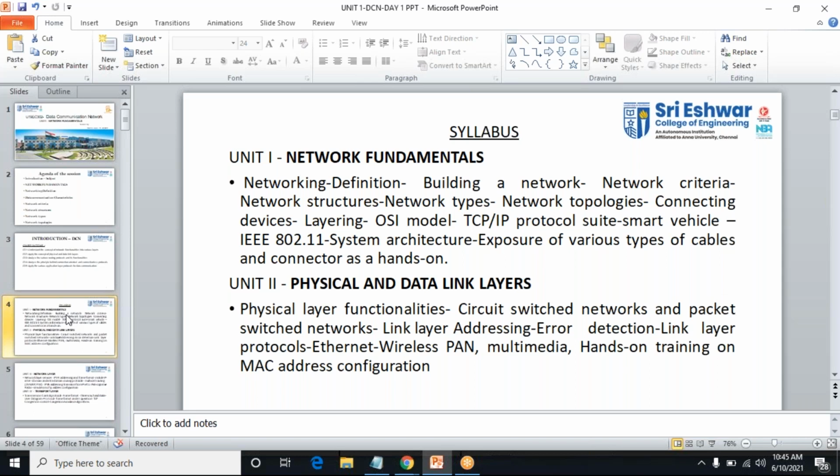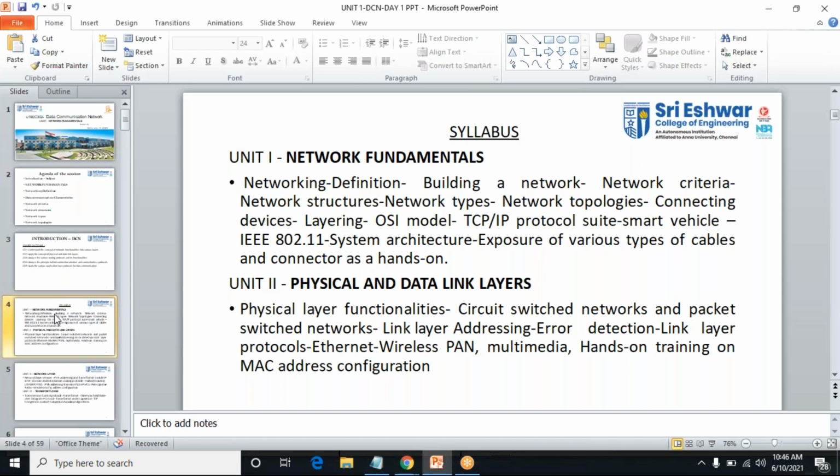And also we will have the hands-on session. In the hands-on session, we are going to install the packet tracer software and do a hands-on session on the networking devices and also the cables. We can learn how to connect the cables and how to configure the devices. Those things we are going to learn in unit 1. And let me recall the points of the last class, what all was discussed, and then we can go for unit 1.